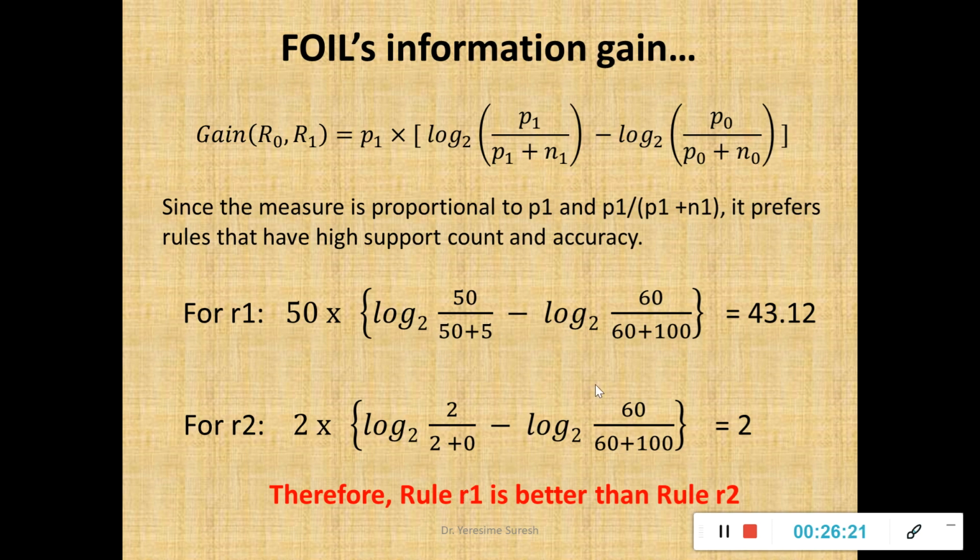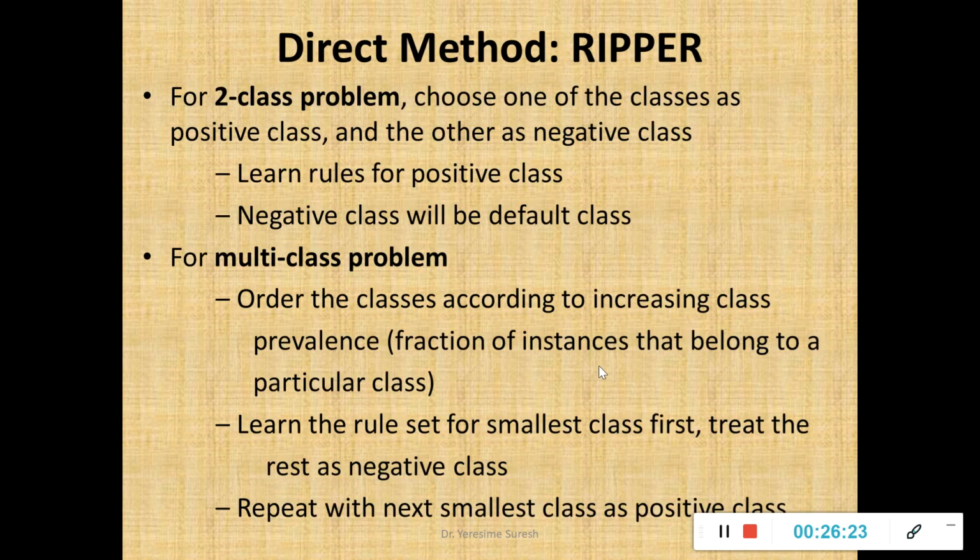Next we'll look at the direct method called as Ripper method, which is involved in extracting rules from your data set. If you can recollect, I said there are 2 methods of extracting rules from your classification models. The first thing is the direct method, the second one was indirect method. In direct method there are 2 algorithms according to your syllabus. One is your sequential covering algorithm, the next one is Ripper algorithm.